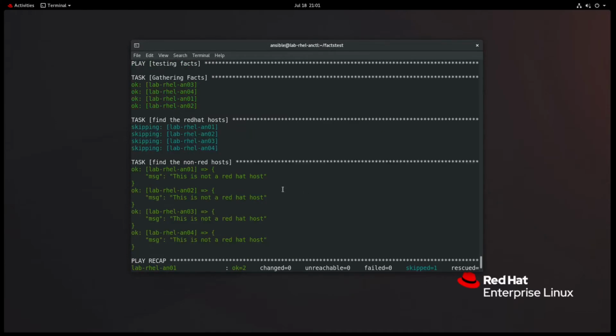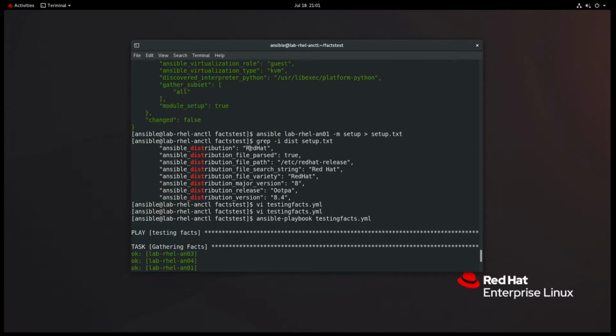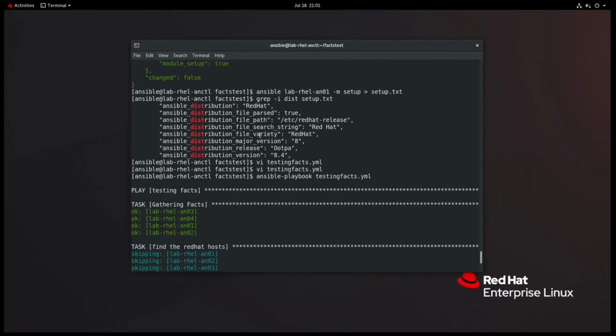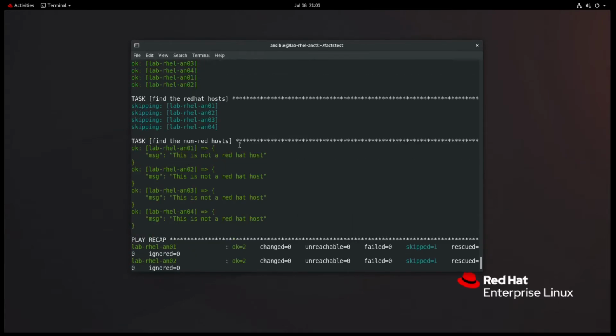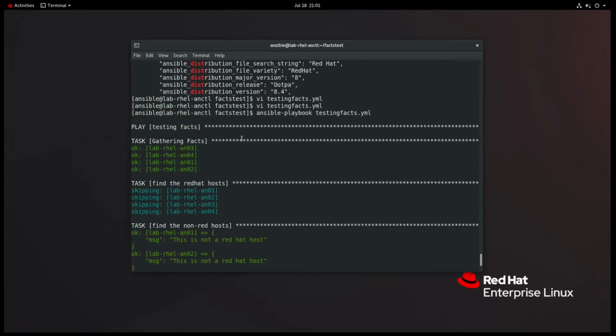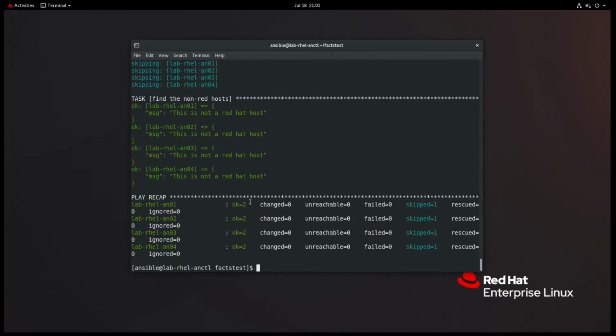Now clearly this is not true, so let's see what I did. Oh yeah, so spelling and capitalization count with Linux, so I needed to do that as Red Hat with the R and the H capitalized. But you see the idea here. We use that Ansible fact so that if that fact was equal to a particular string, a particular task is going to fire off. And that I think is one of the most common uses for facts, at least for me in my lab and my studying,